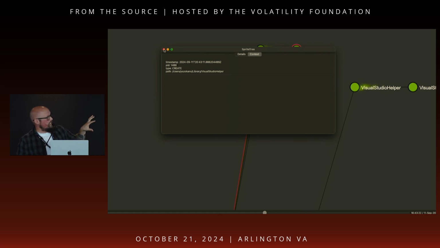If we go into the context side of this info, it shows us that there was a process create done by this process for Visual Studio Helper. All right, and although that blends in very nicely, Visual Studio Helper, inside of a code challenge that is based on Visual Studio, it should never be curled down if it's called Visual Studio Helper. It should not be curled out of nowhere, especially from, you might have missed it in the curl command, but it was definitely not a legitimate looking server